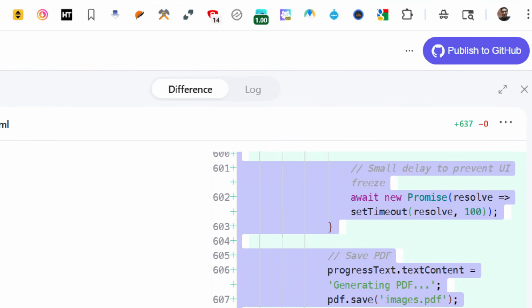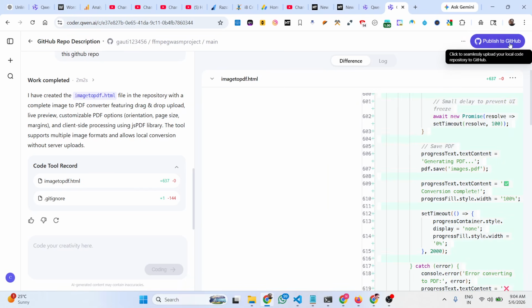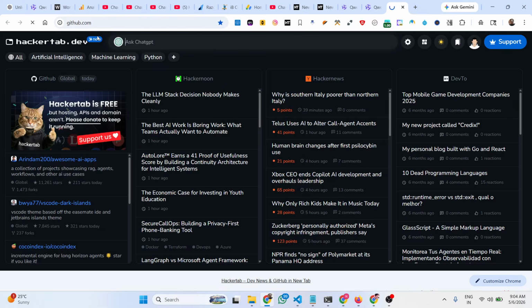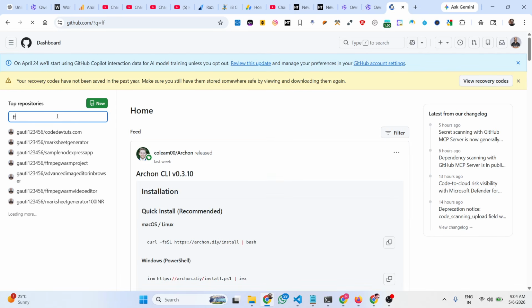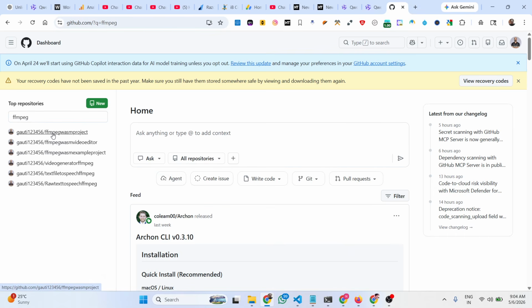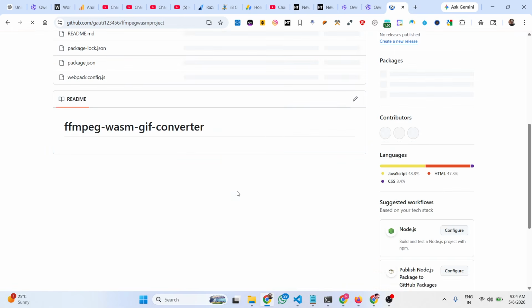So you also get this publish to GitHub button. If I click the button, it will directly publish all the changes to that GitHub repo. So, branch updated successfully. You can see that now. You can also check out, if I open my GitHub account to actually check the changes, you will see that the GitHub repo will be updated. If I open this GitHub repo, you will see that